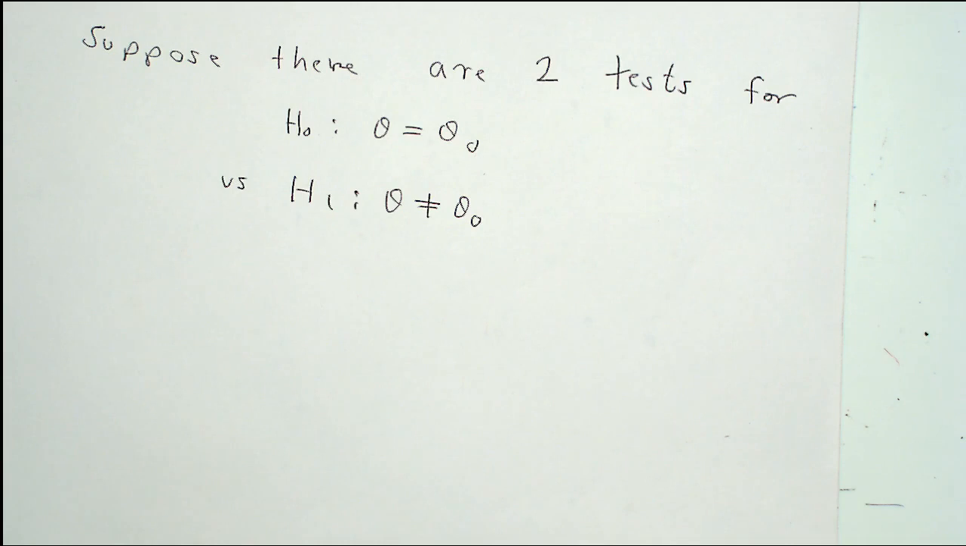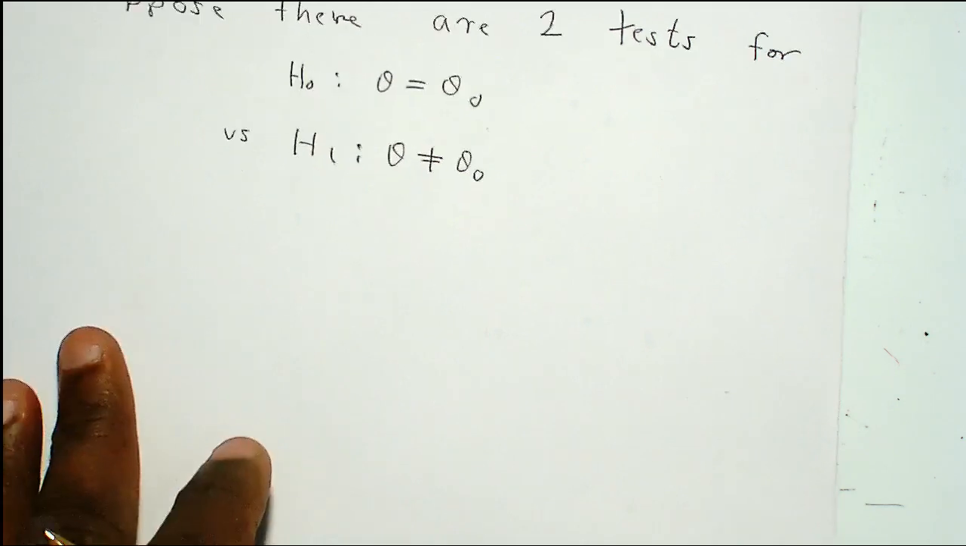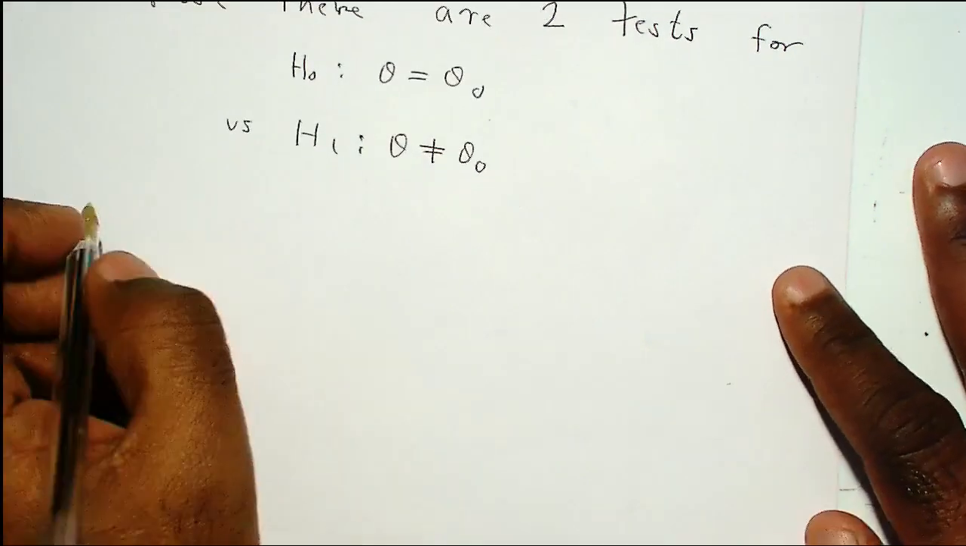Right? And the same thing applies when it comes to testing. It's possible that for testing the same hypothesis, you can have multiple different tests. You can have 2, 3, 10, and so on, right? But how do we select the best one? If you have more than one, how do we select which one is better and why? Okay, that's what I'm going to talk about now. Suppose